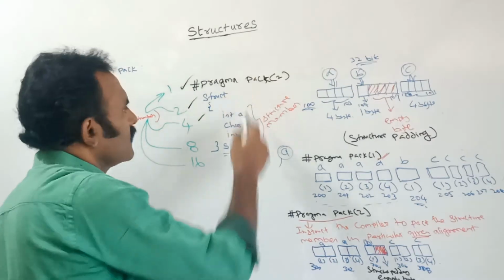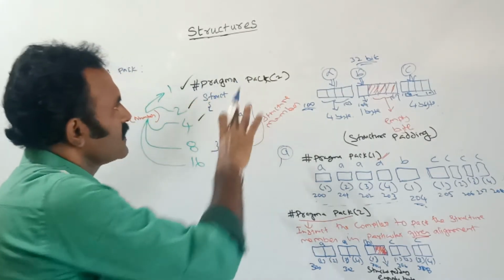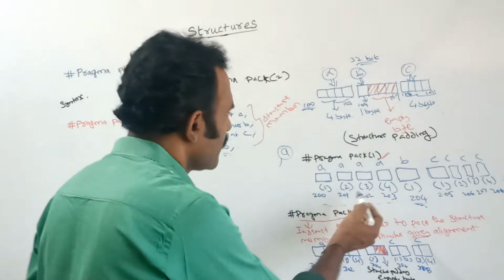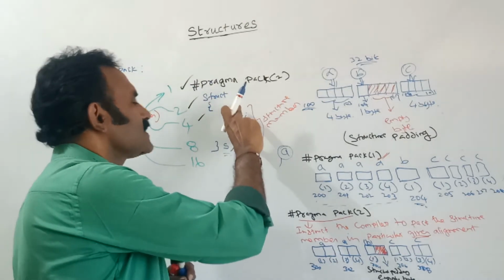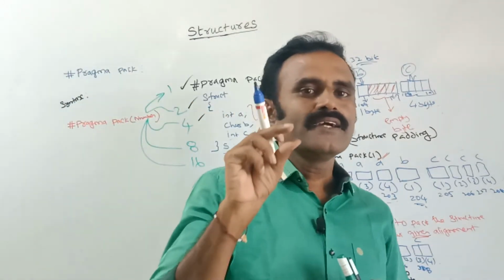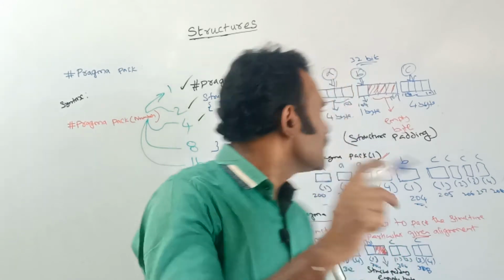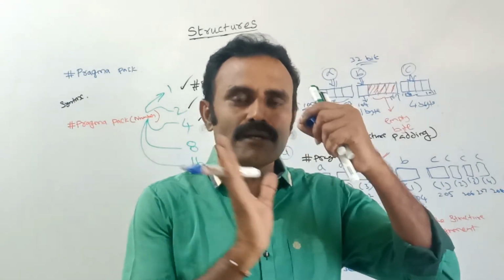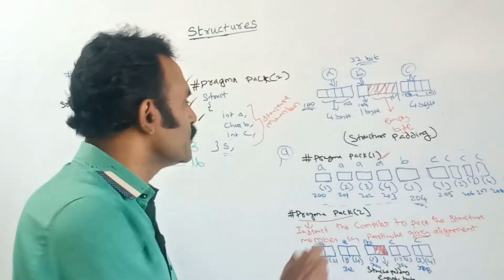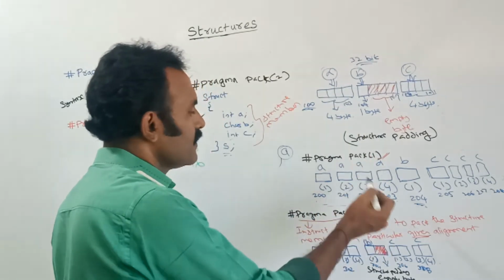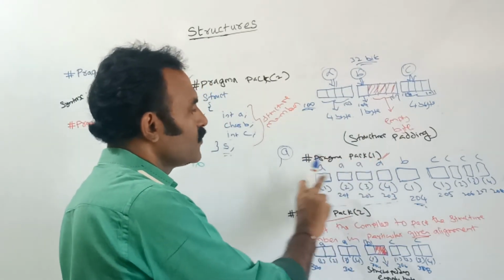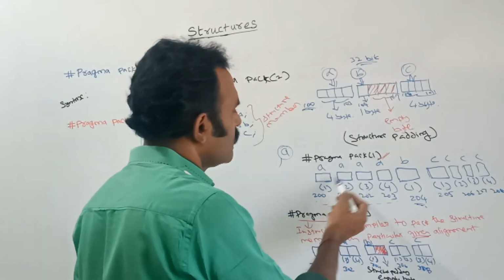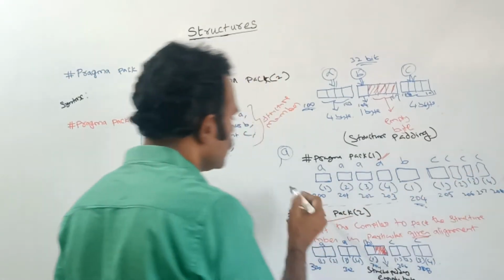See here, suppose the structure is given in this way with the help of this pragma pack, and you are finding the size. How many bytes will there be accurately? Up to the structure member size only, it will occupy for structure pack of 1. So if we do not need empty memory or padding, then we should use only pack of 1. So the structure member is aligned with 1-byte alignment, then there will be no empty byte. You count here 1, 2, 3, 4, 5, 6, 7, 8, 9 bytes only it will show.